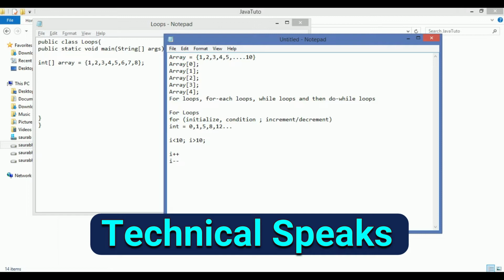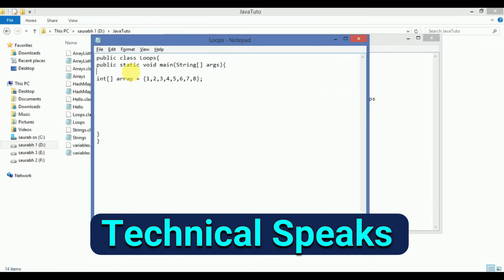This increment and decrement helps us to go from the 0th position to the nth position and from the nth position to the 0th position respectively. Now let's try to understand this better with code.